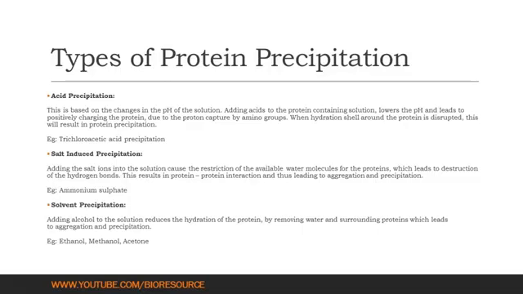The other method is the salt induced precipitation, where when you add a salt like ammonium sulfate to a protein solution, the salt will compete for the water molecules for solubility, and this results in the aggregation of proteins and further precipitating out from the solution. The other method is the solvent based precipitation. For this, ethanol, methanol, etc. can be used. So this also causes the precipitation of protein from the solution mixture.